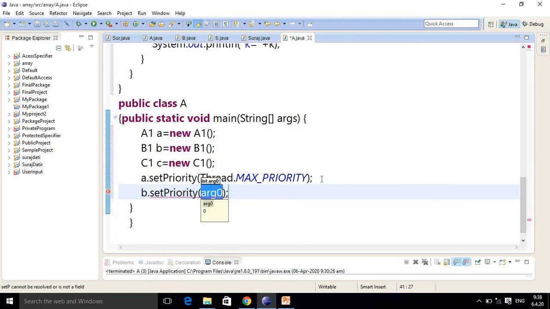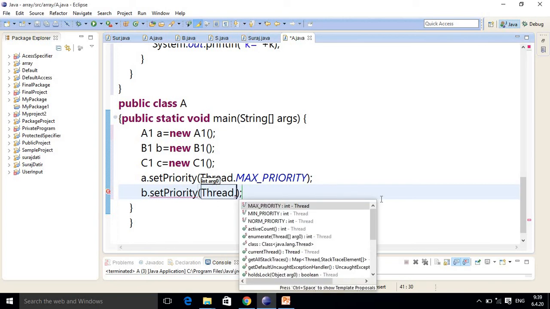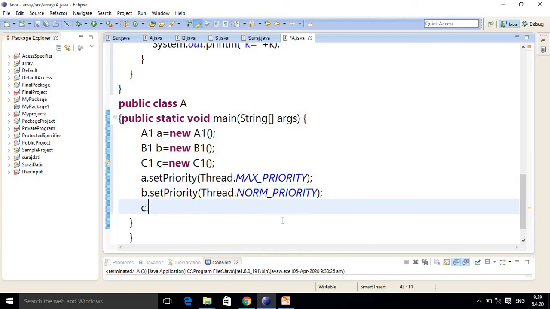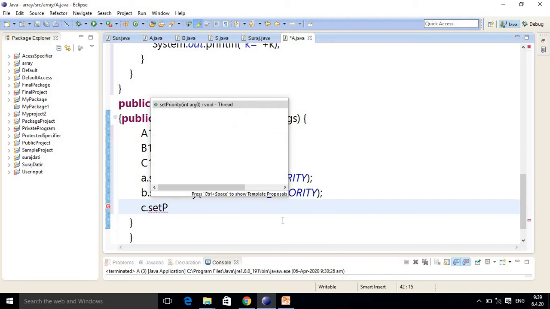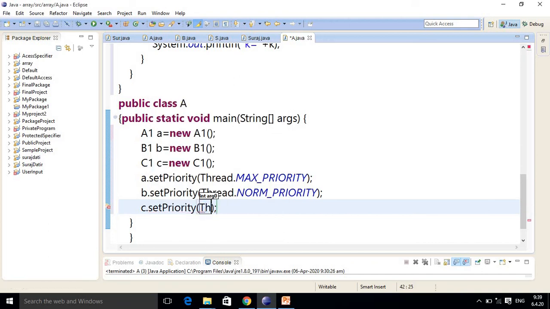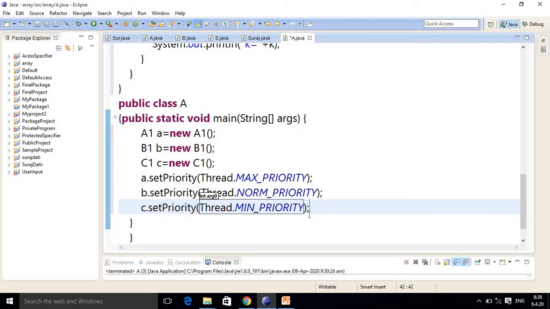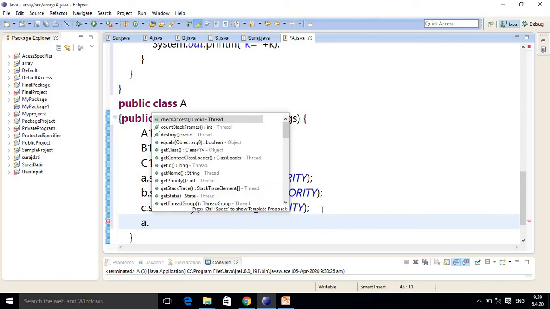B dot setPriority, Thread dot, here I want to set normal priority. Then C dot setPriority, Thread dot MIN_PRIORITY. So these are the three priorities, and now you are ready to start all the threads.